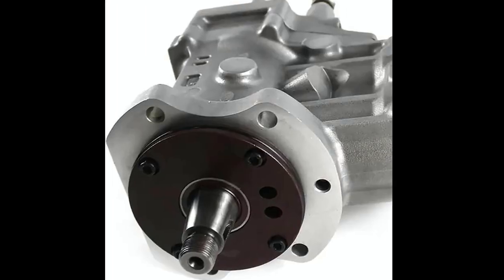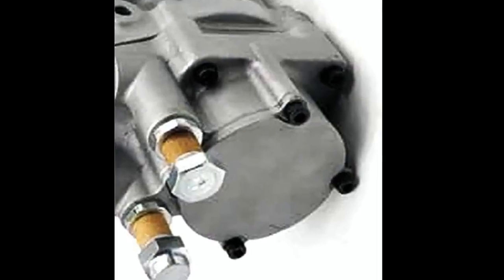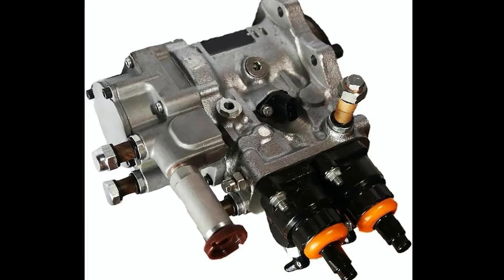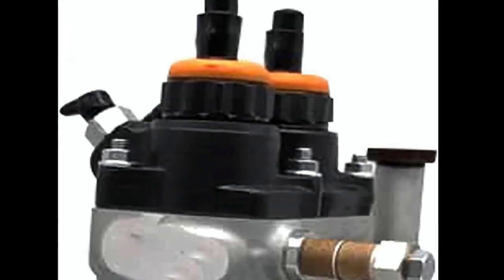Durability, performance, and reliability are the hallmarks of this Komatsu-compatible fuel injection pump. It is designed to meet the high standards expected in heavy machinery, delivering precise fuel injection, consistent engine